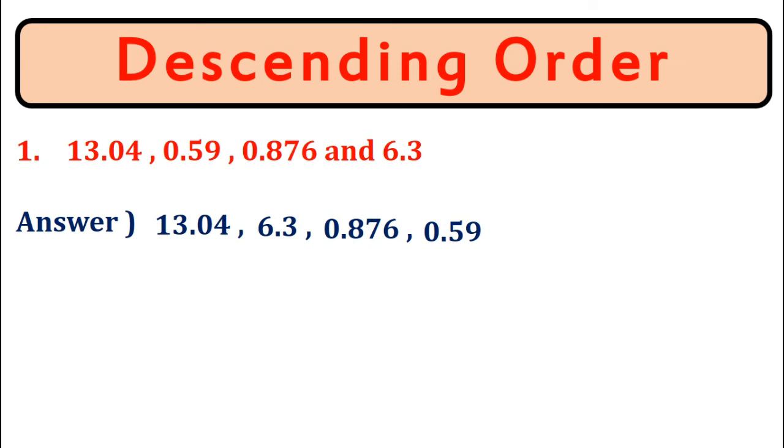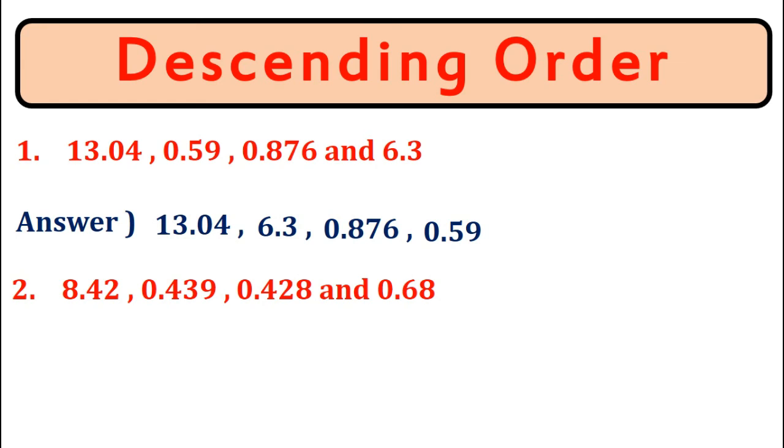Let us look at the second example, where we have the decimal numbers 8.42, 0.439, 0.428 and 0.68. Now we can clearly see that the whole number parts of three decimal numbers are the same, that is 0. So out of all the four decimal numbers, the number which has the greatest whole number part is 8. So the first number in the descending order will be 8.42. Next,